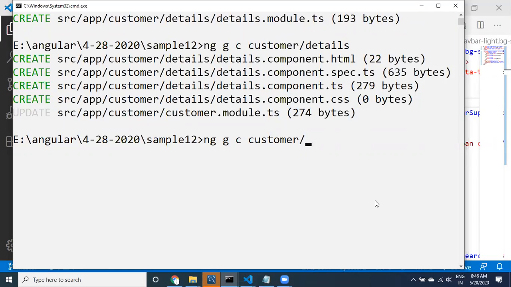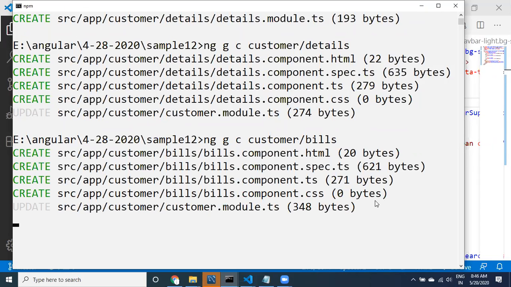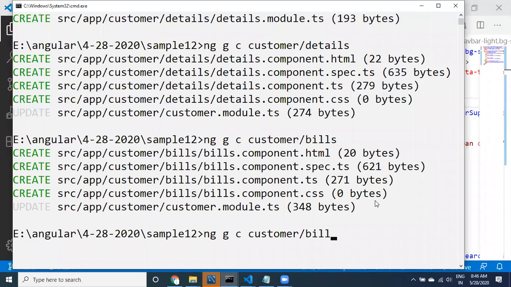Details is one piece of information. Let us take another component inside the customer, bills, customer-related bills. And then I want to take another component, customer-related payments. See, I have created three components inside the customer module.